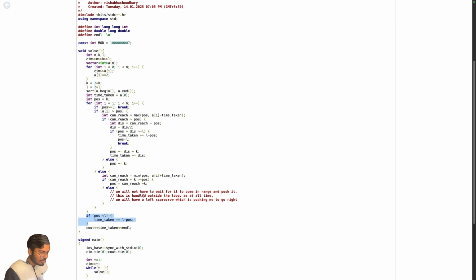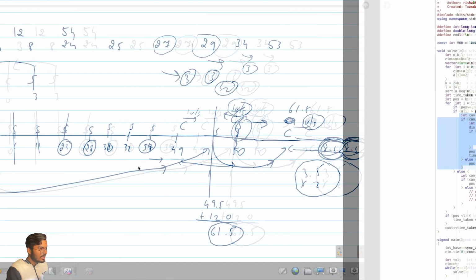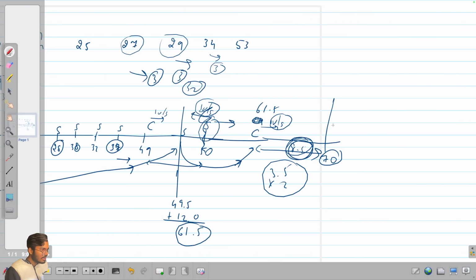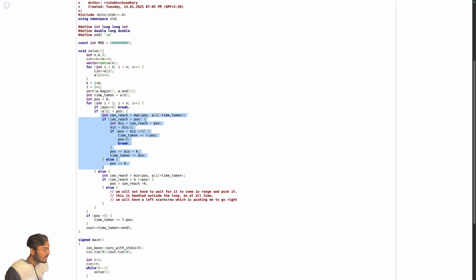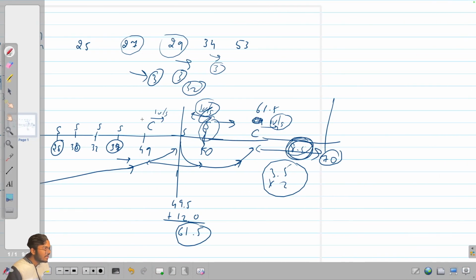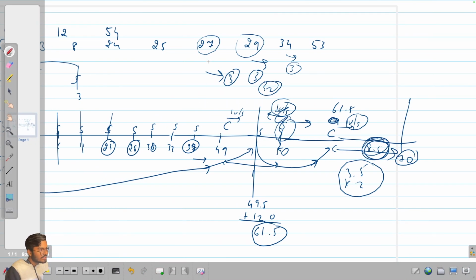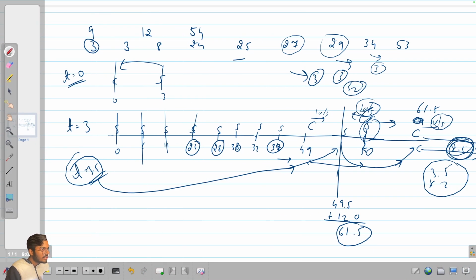So I hope this is clear, because at any point of time we will have a scarecrow on the left which is continuously pushing me to the right by 1 unit per second. And in this case, if it is further, like here, first of all I should try to see, like with these scarecrows I was trying every time, it can go at t equals 3 seconds, the time that we have accumulated so far. It can go to the left by 3 units, or it can go to the right by 3 units. And if this falls in our range, then